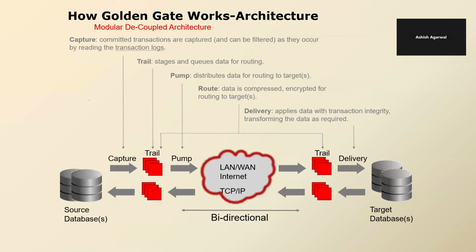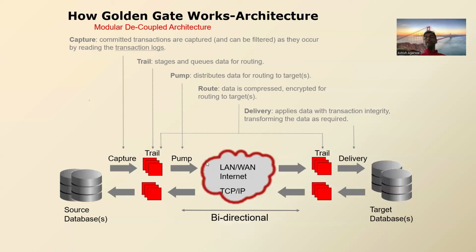You will have, on site 2, your extract process, writing data to local trail, then pump process reading the data, writing data to remote trail, and then replicate process applying it to target database on site 1. So GoldenGate supports bidirectional. So guys, in bidirectional here, if you see the extract process, pump process, the replicate process